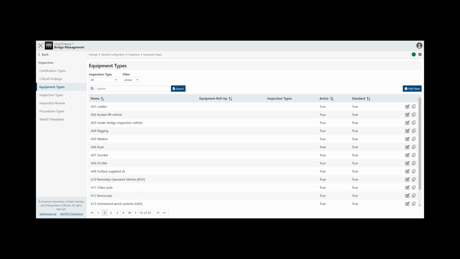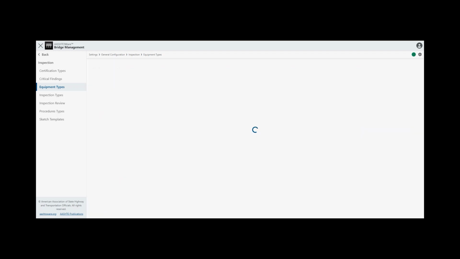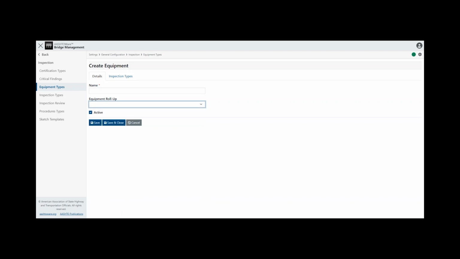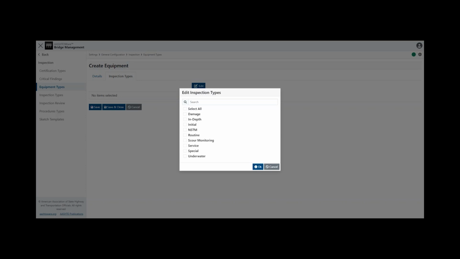The Settings, General Configuration, Inspection, Equipment Types page allows you to define the equipment used by your organization when performing bridge inspections. The equipment listed by default on this page comes from SNBI field BIE12 inspection equipment. Equipment you add can be optionally linked to one of those values so that it is reported for field BIE12. For example, if you would like to differentiate between various boats used by your agency, you can create new equipment records that are reported as A06 boat. You can map the equipment to its applicable inspection types so that it appears for selection when creating new inspection